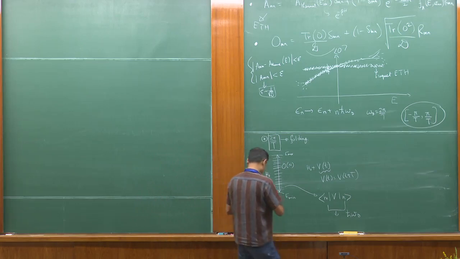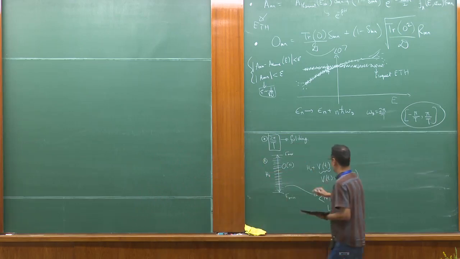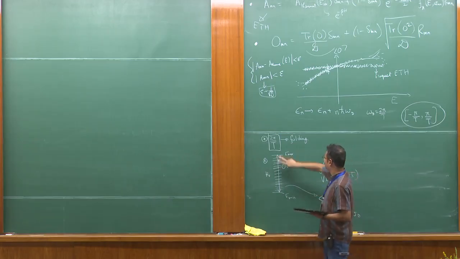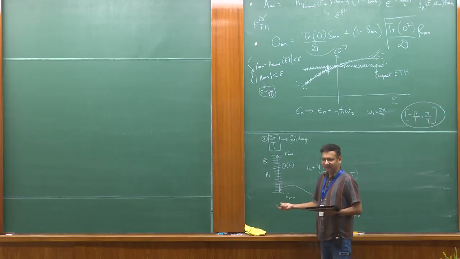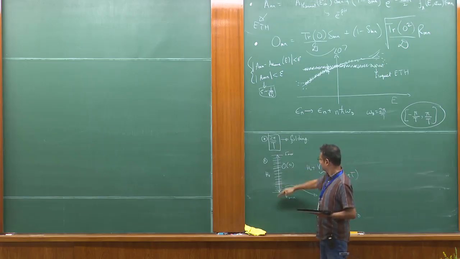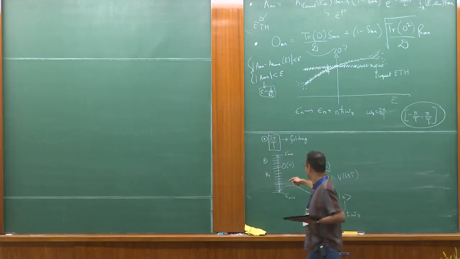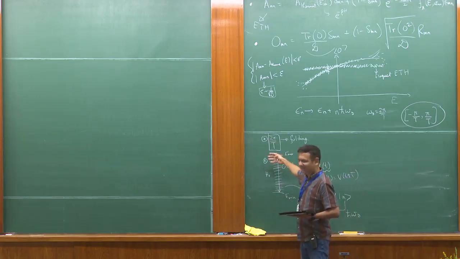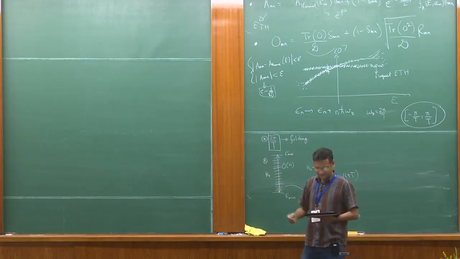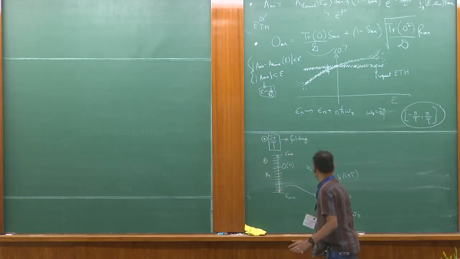Okay, good. So now, think of the following thing. Here I can couple states which are separated by 2 pi by capital T, right? That's some finite number. But this thing is an order n number. So if I increase my system size, this thing increases tremendously, whereas this thing stays whatever it is, right? So if you think about it pictorially,